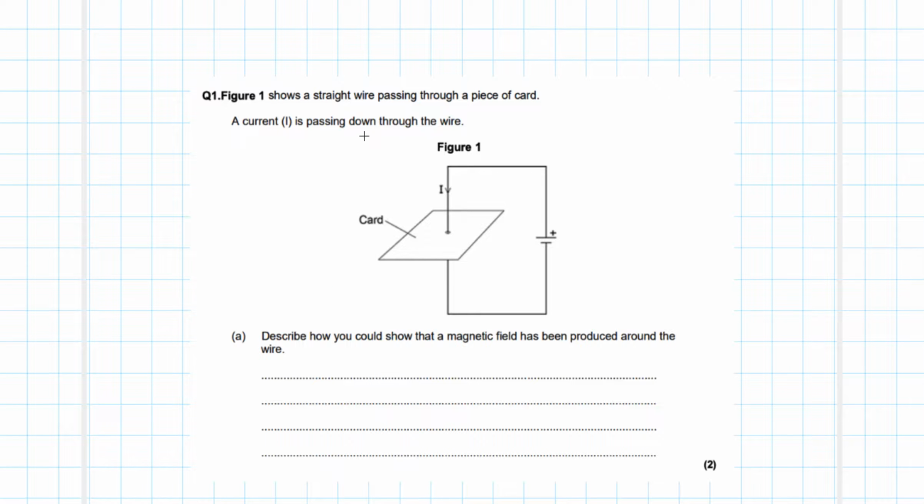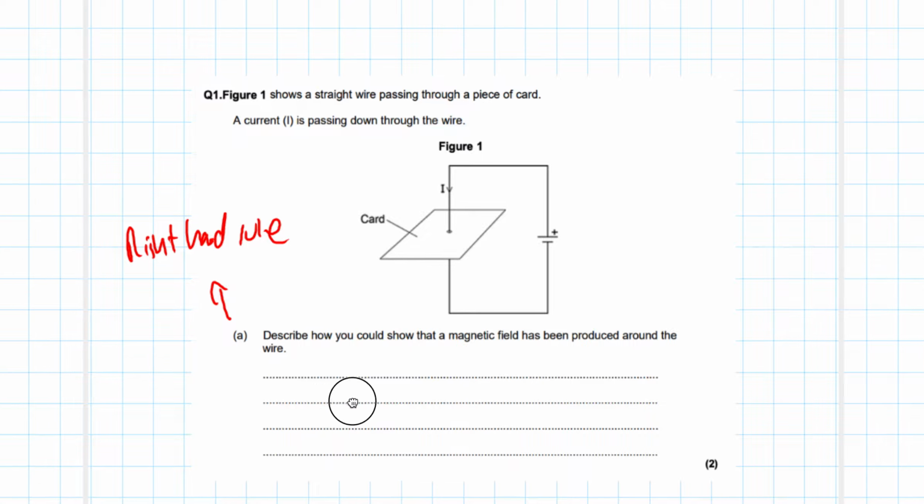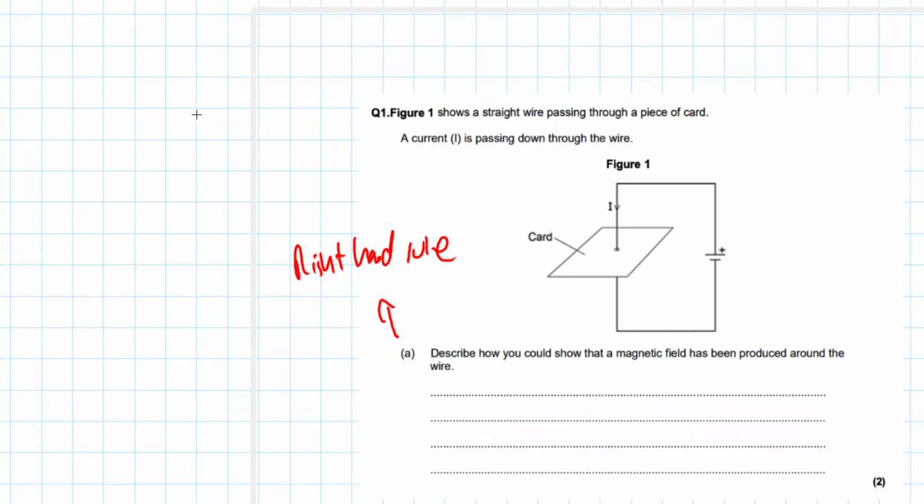Question 1. Figure 1 shows a straight wire passing through a piece of card. Current is passing down through the wire. Describe how you could show that a magnetic field has been produced around the wire. So in this one, we're going to use the right hand rule. Why do we use the right hand rule? Well, the right hand rule is all to do with a current carrying wire